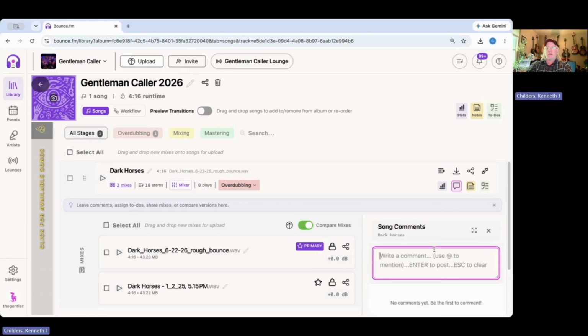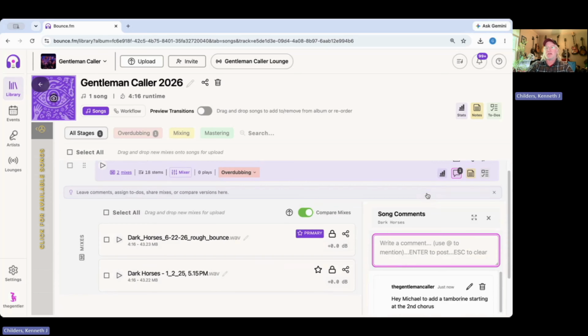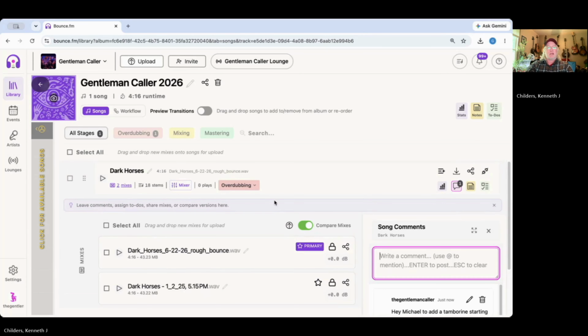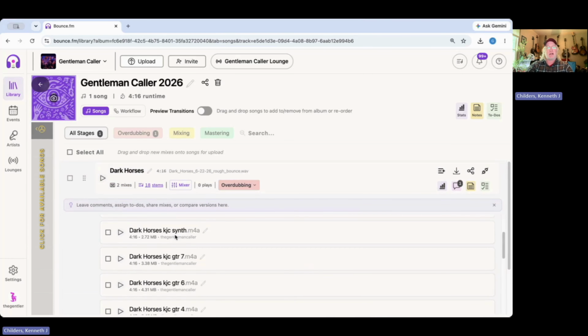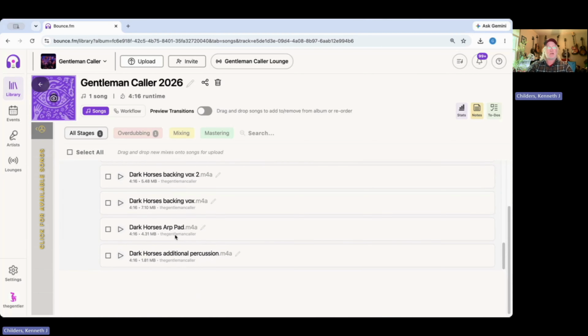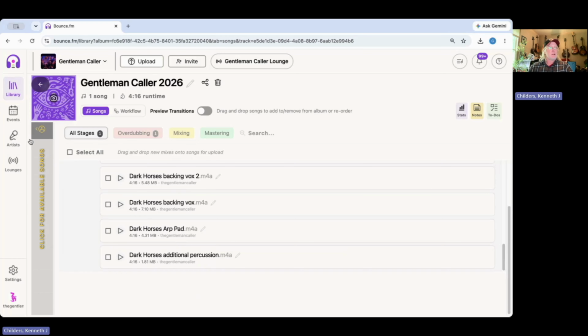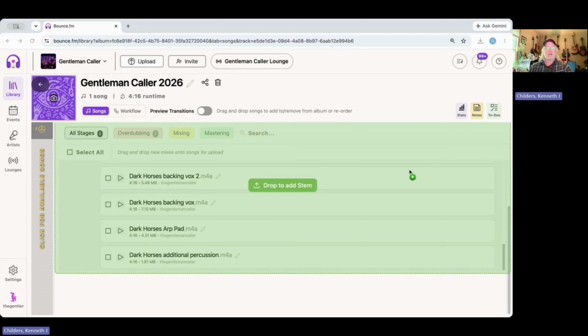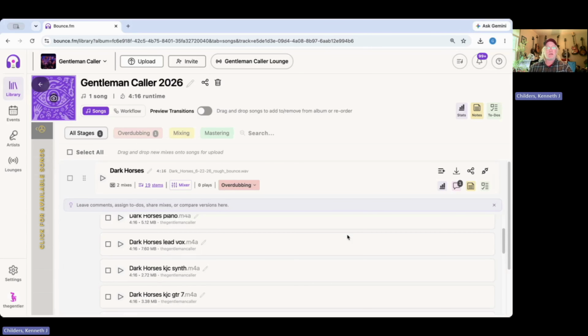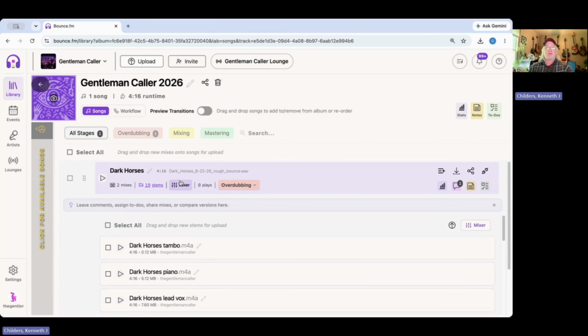So if I want Michael, our drummer, to add a tambourine, and give some sort of instruction here, then he can come in here since he is a collaborator in our structure. He can record his tambourine part, and then he can pull it into our stems here. So now we've got that stem in here. We can go back to the mixer,